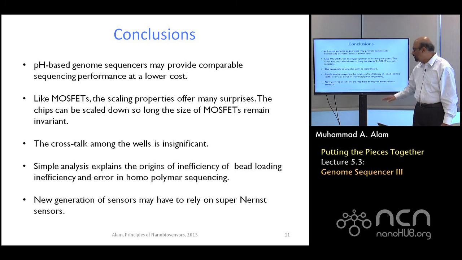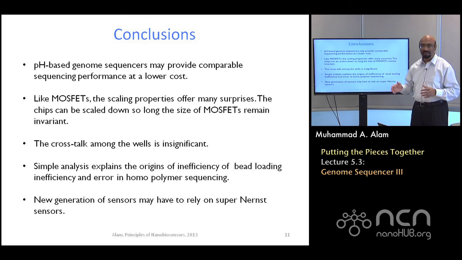And the point is that although the sensitivity is quite good, one of the limitations of the approach, as I said, is that it needed PCR amplification, right? I had to amplify the signal. It would be much better if I didn't need to amplify the signal, if I could work with single DNA and get rid of the emulsion PCR. It turns out that for that, we may need a new generation of sensors which are far more sensitive. And remember, beating the staining limit and sensitivity limit, we talked about super-Nernstian sensors. And maybe in the future, one might actually use such sensors to simplify the scheme even further.